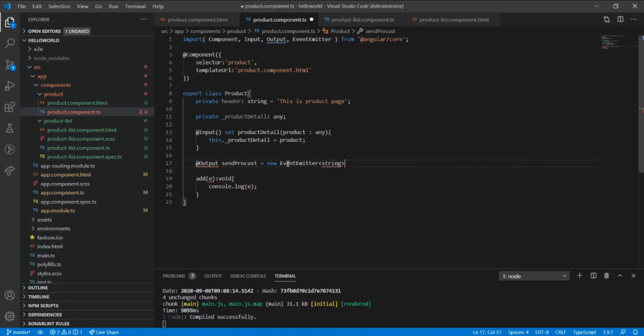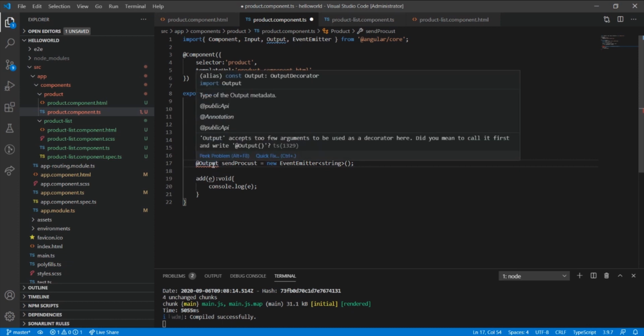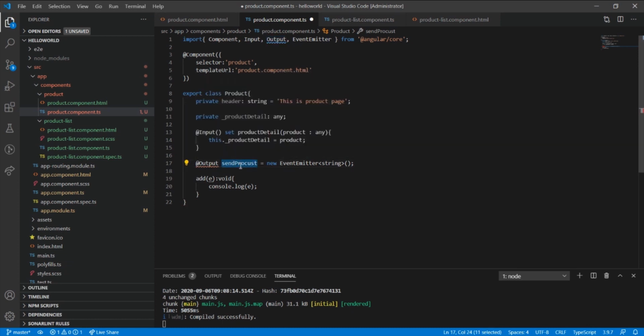So for the time being let's have this string, and we'll pass the data here, emit it, selected product.